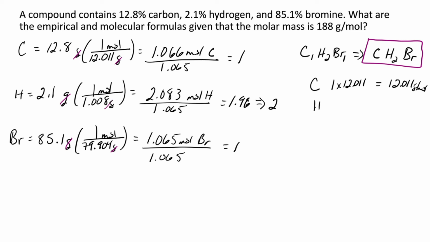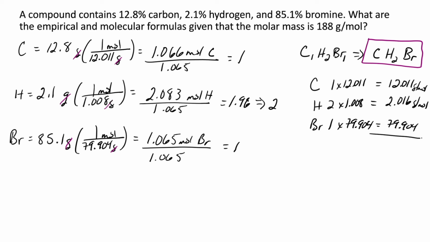I have 2 hydrogens at 1.008 for each hydrogen, and that will give 2.016 grams per mole. And bromine, I have 1 of those, and each one has a mass of 79.904,